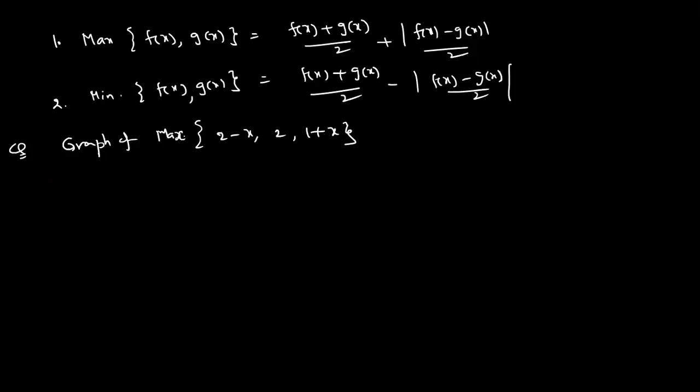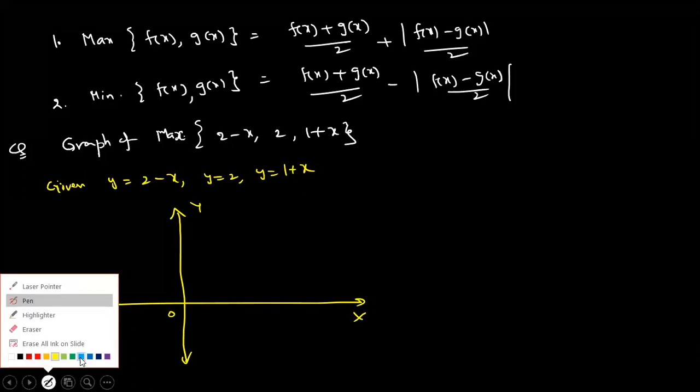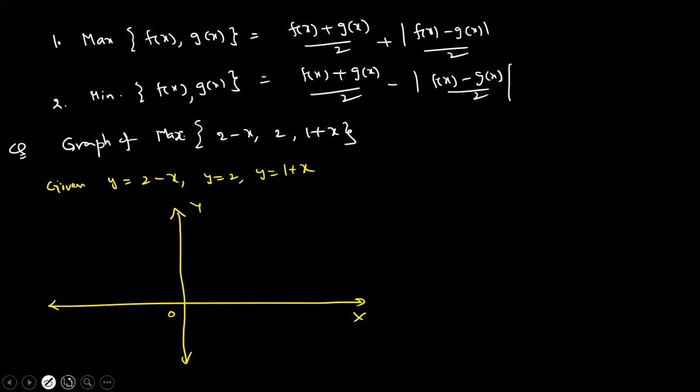What are they? Write down. Given y is equal to minus x, you should understand, y is equal to, and y is equal to 1 plus x. Okay. So first of all, see carefully, directly draw the picture, 3 graphs. After that, we'll take the g graph carefully. First picture everybody knows. Which one is easy from these 3 graphs? Which one is the easy graph? Yes, students. y is equal to 2 minus x.